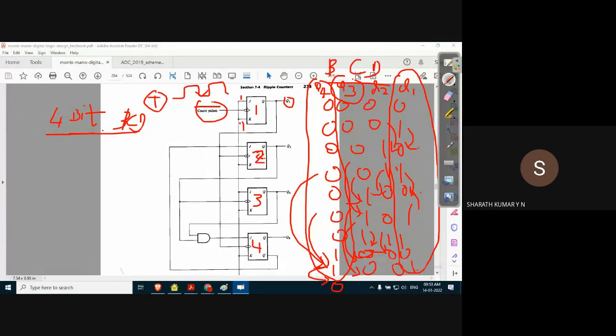And if you observe the third flip-flop output, it also should toggle. Whenever Q2 changes the state, Q3 should also change the state, and hence the third flip-flop also is applied with logic 1, so that whenever the output of Q2 changes the state, that is when it goes from 1 to 0, Q3 will change the state. Very simple. Next is for Q2.